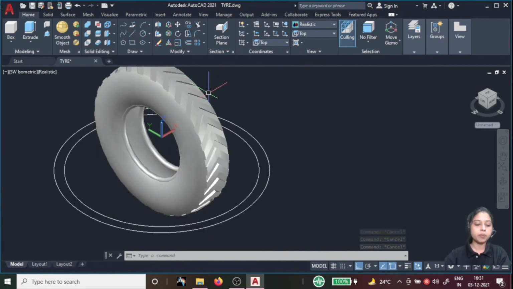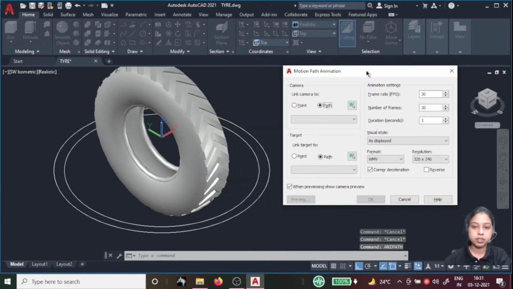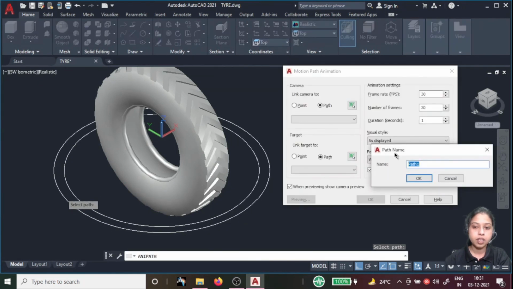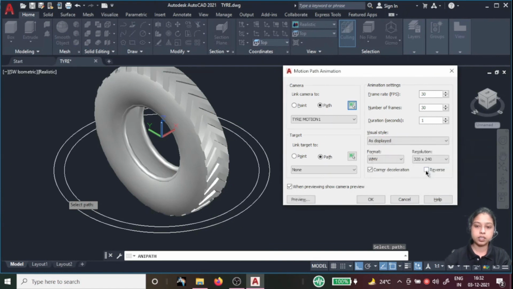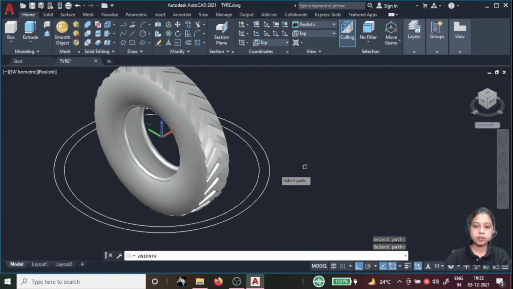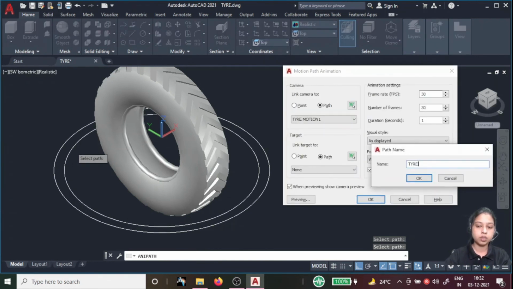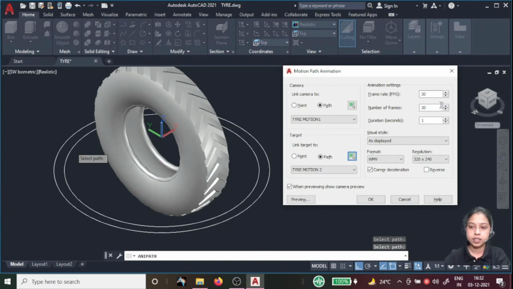and go for the animation. For the animation, the key command is ANI, anypath, and select the path one. First select path one. I'm giving from here the path one, tire motion 1, enter, and select this one and give it as tire motion 2, enter, and change the specification, give it 360.